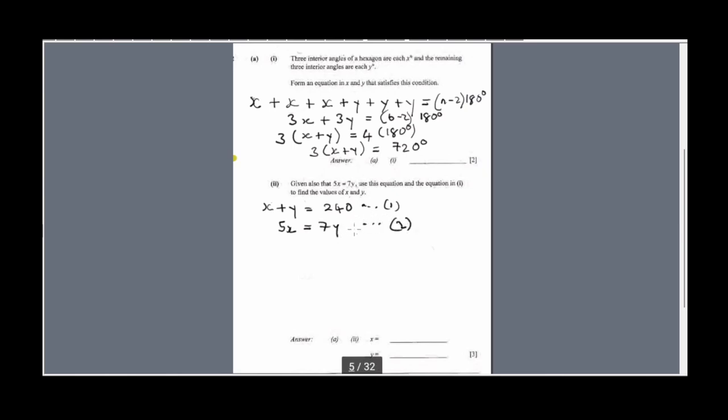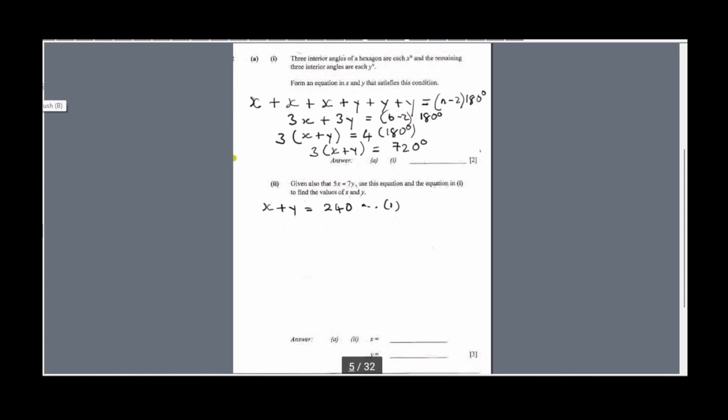We should solve these equations simultaneously. How are we going to solve these equations simultaneously? So we can use the method of elimination. We can also use the method of substitution. So here, I'm going to choose the method of elimination. So to eliminate, I'm going to rewrite the second equation in such a way that elimination is going to be a bit easier.